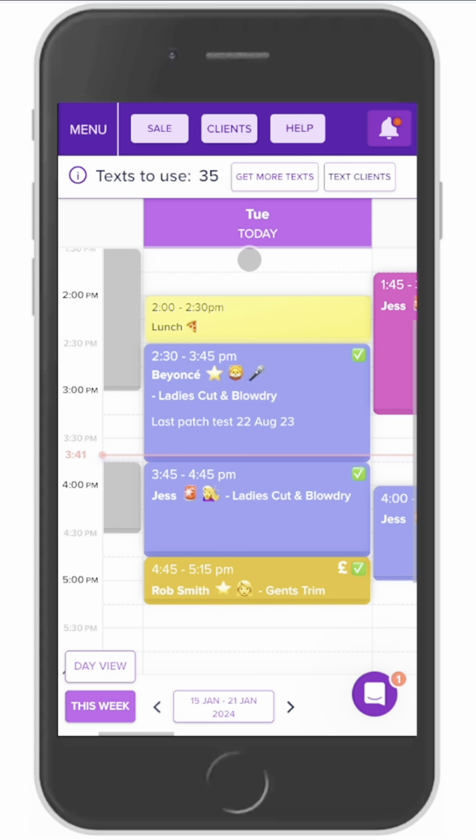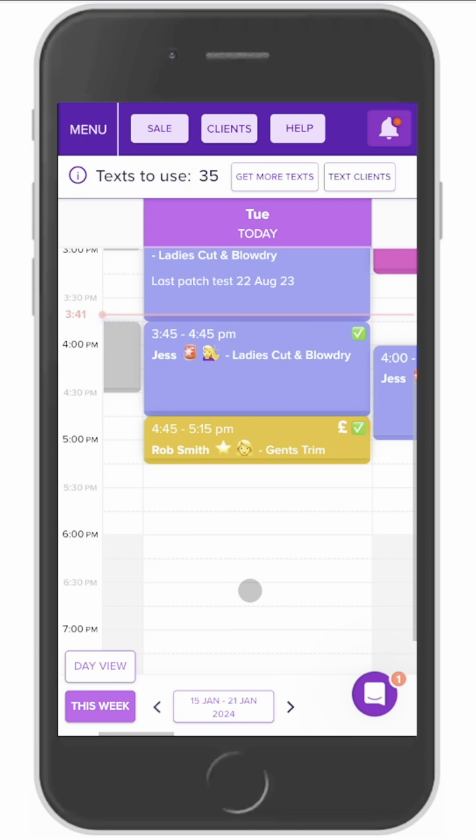I can see exactly what I've got in my diary today. I've got lunch at 2 o'clock. I've got Beyonce in. She's in for a cut and blow dry. I can see when her last patch test was. I've got Jess and I've got Rob in for a gents trim. Really easy. The first thing we do here is, look, we're in the business of bookings, so let's crack on,